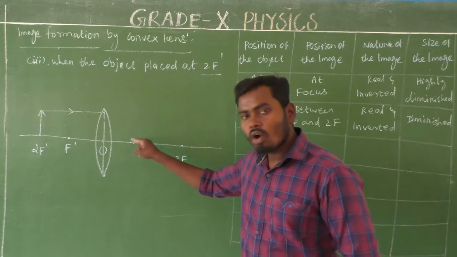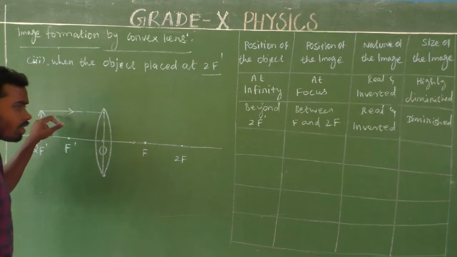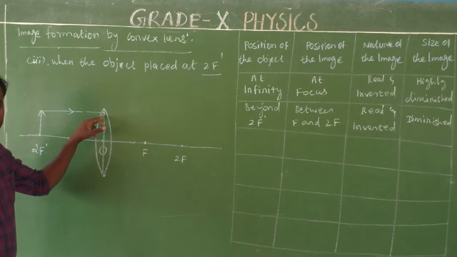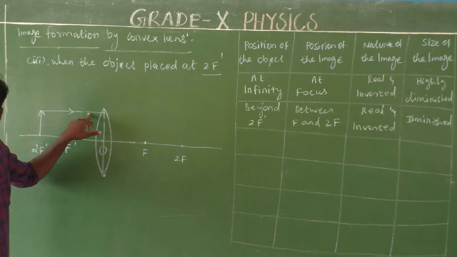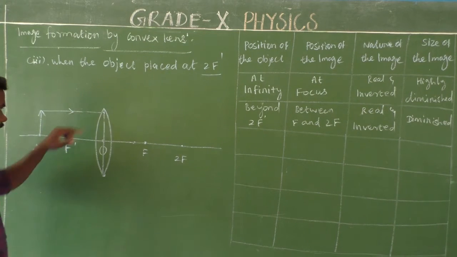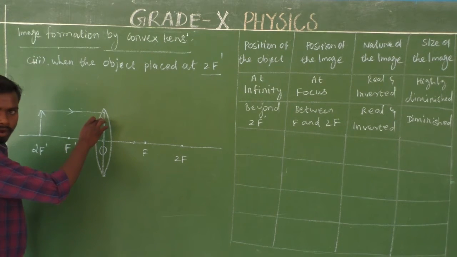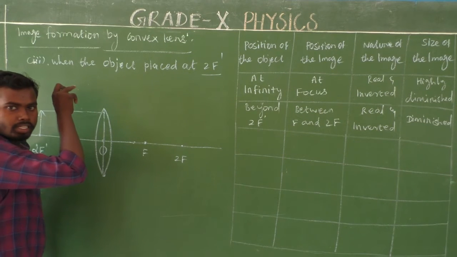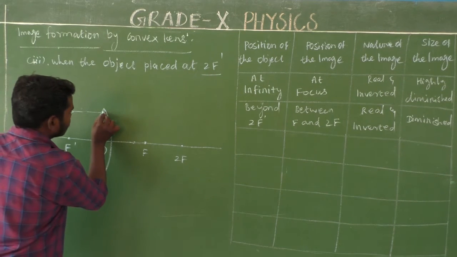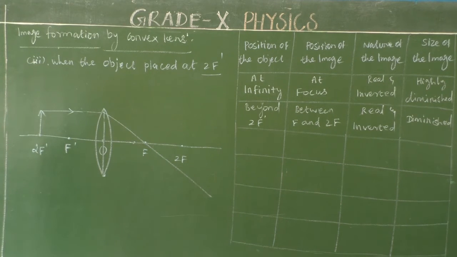Here, now we are going to use that first rule. Consider a ray of light that falls inside the convex lens. Due to refraction, the direction of that ray of light should change. So according to the first rule of the convex lens, after refraction, the ray of light passes through its focus on the other side, like this. Is it clear?